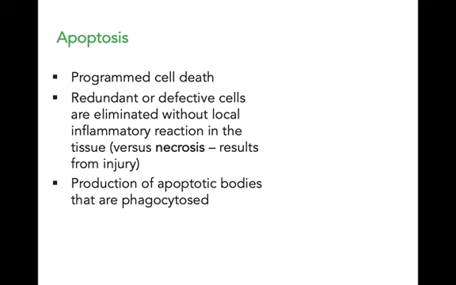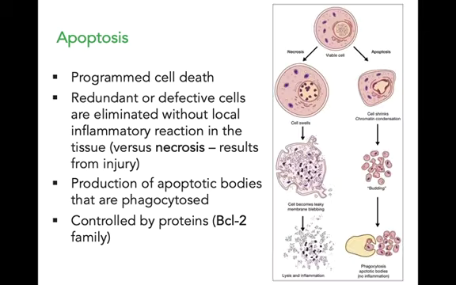There is production of apoptotic bodies that are phagocytosed by your macrophages. Okay? And again, these are controlled by proteins under the BCL2 family. Examples of these are BAX and BAK. Okay? So just to show you the contrast between necrosis and apoptosis, for example, this is the viable